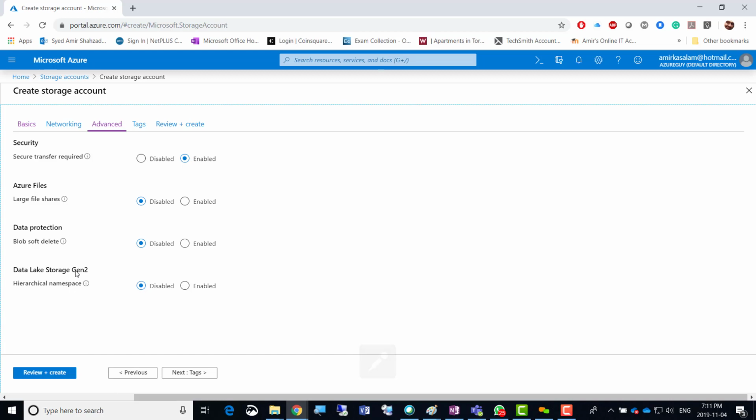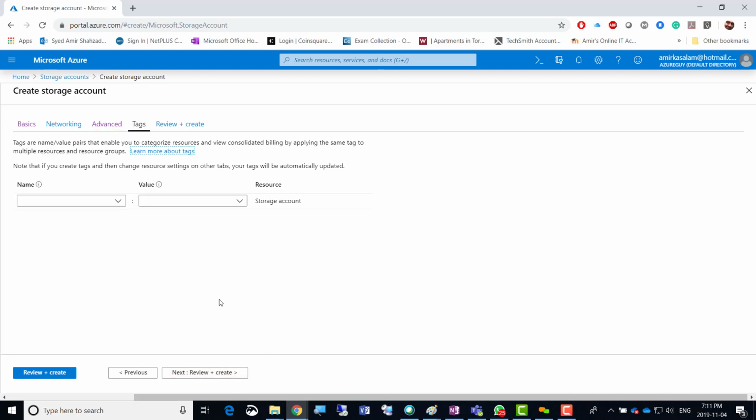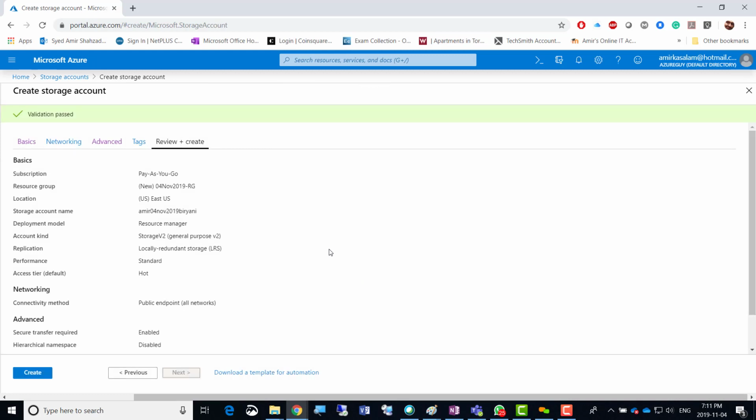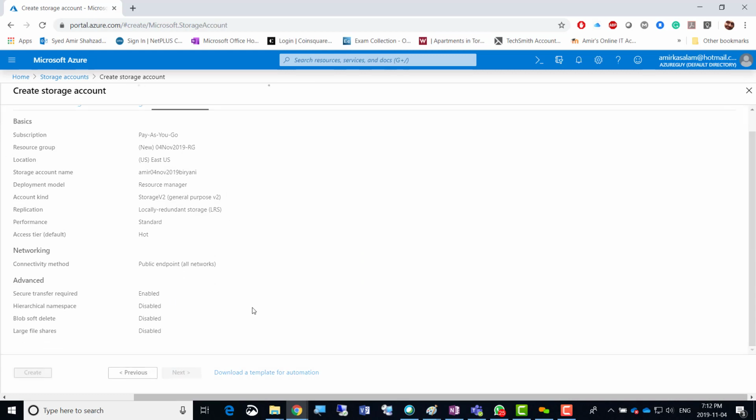Okay, so what I was talking about is data lake storage, it's generation 2. So this is just if you have huge data and you put it on all the virtual machines in the background, so you can run business intelligence tools to do complicated analysis and reporting there. And if I click next, tags, nothing in the tags, and then we go for review plus create. So we're just going to create with all those options there. If you click the create button,